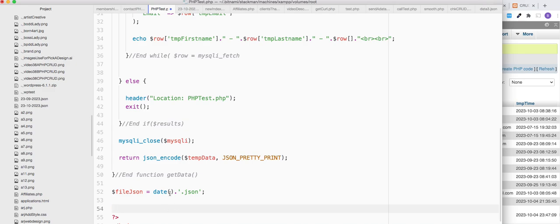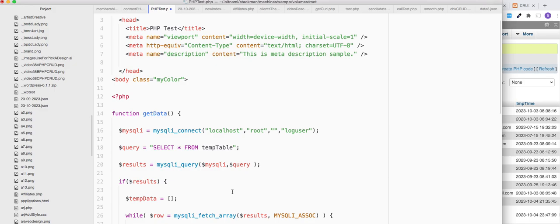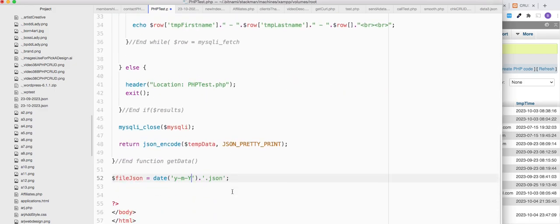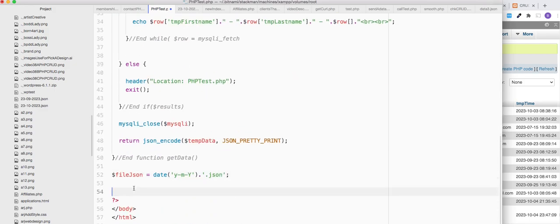Oh, and then I'm gonna say, you know how we used to get that Y and the big Y? That's the big Y will give you 2023, the whole thing. Okay, so we did that. Should I move this over? No, we don't really have to. Alright, so we're gonna do this. Now I want to put this information into this JSON file. So we're gonna say if,